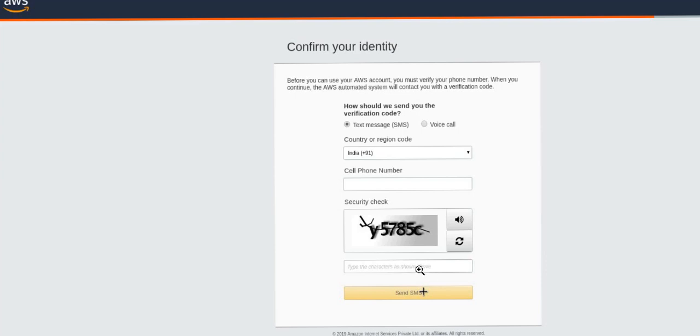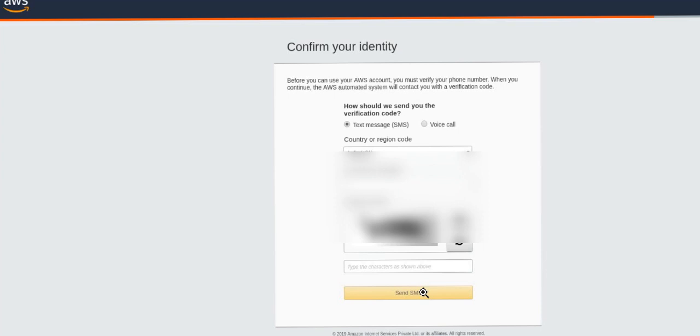You can choose two types here. If you need the code via SMS, you can use text message, or if you need the code via voice call, you can use this option. So as of now, my best recommendation, use text SMS, then proceed with send SMS.